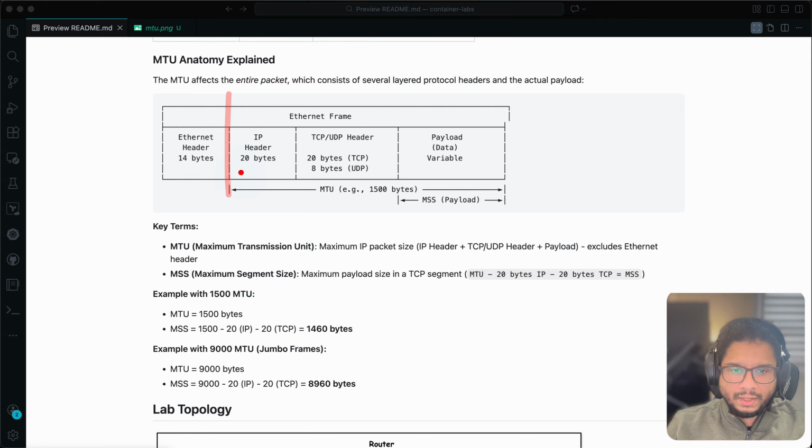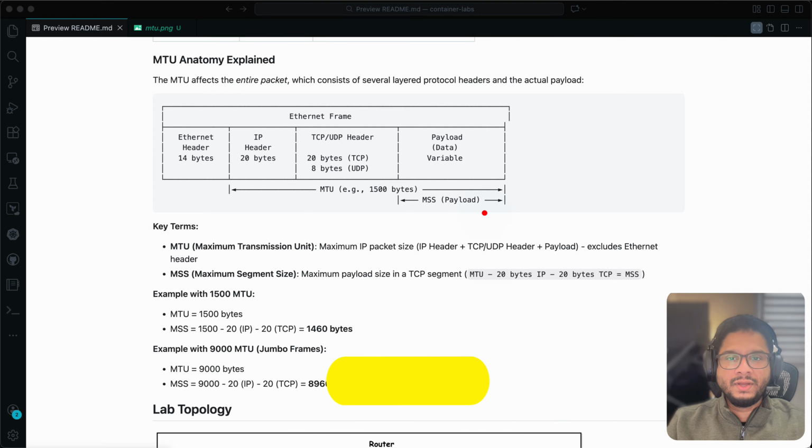Now, the MTU is basically the maximum transmission unit up to layer 3. So that includes your IP headers, your TCP/UDP headers, and the payload, the data that you're transmitting. There's also something called the MSS, the maximum segment size. And in a TCP session, the client and the server negotiate the maximum segment size for that session based on